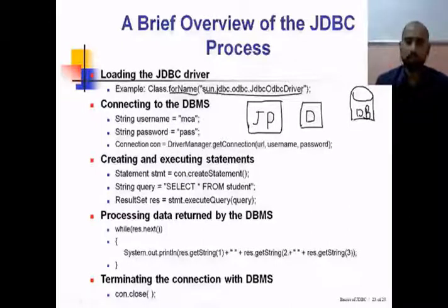Here we are loading the driver sun.jdbc.odbc.JdbcOdbcDriver. As you know, in Java we have 4 different types of drivers: type 1, type 2, type 3 and type 4. This JDBC ODBC is the type 1 driver, which is the simplest driver of all the 4 types, and easy to study, and for educational purposes we can use this particular driver. But in practical use, this type of driver is not used, as it is the slowest of the 4 types of drivers which we have.